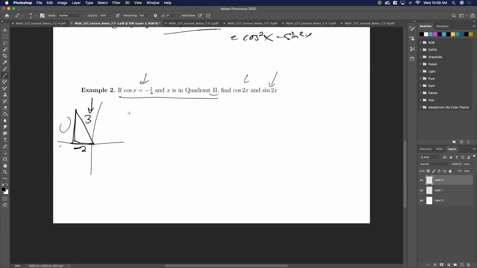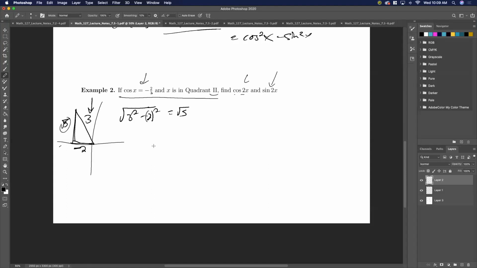We take the square root of our hypotenuse squared minus our other side squared, so -2 squared, which gives us 9 minus 4, so it'll be the square root of 5. Right, so this is the square root of 5. Now that I know that,